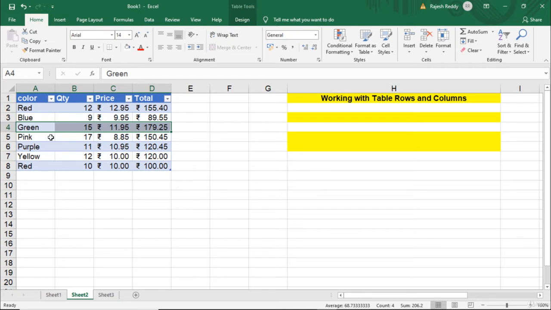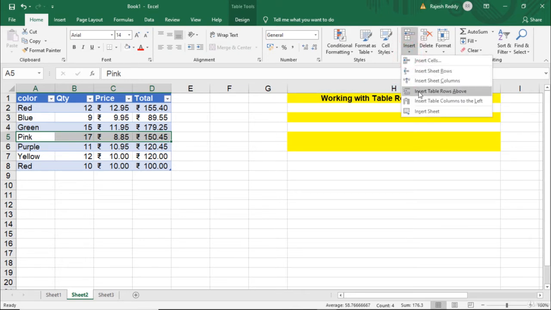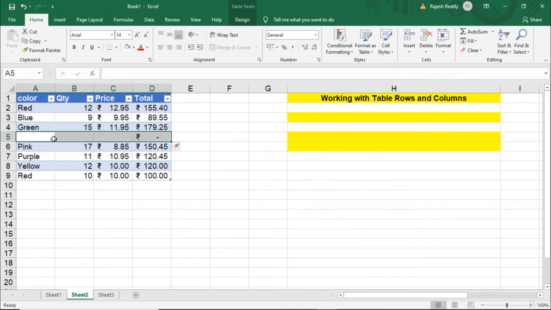Right now I want to show you how to insert rows above the selected position. It means, let's suppose I select this fifth position row, if I insert rows, those rows are inserted above this pink color option. Okay, now I will show you. Go to this insert option again. See, here is an option called insert table rows above. Okay, just select this. See, automatically a row gets created above.